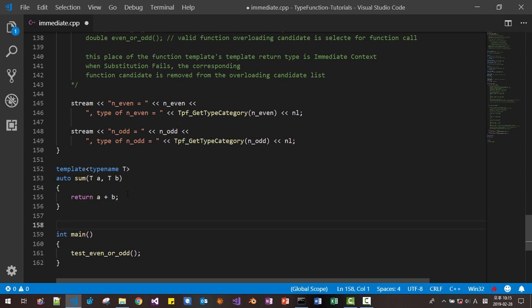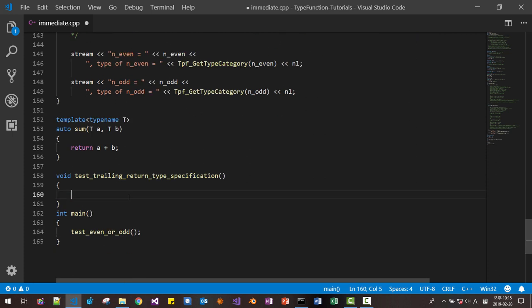Now let's think about this function, void test trailing return type specification. Now we test this function like this: auto r1 equals sum 4, 5.